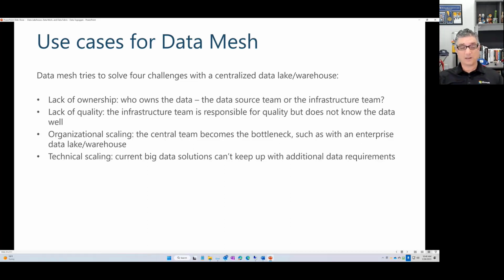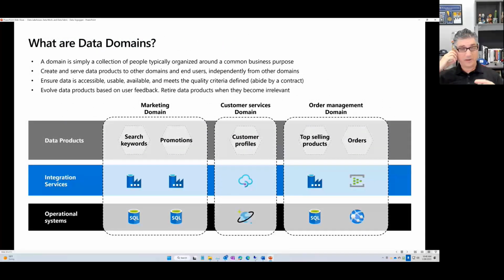The same thing with technical. Instead of having IT have their own technology and everything goes into that one technology, now each of the domains have their own technology. And so more domains, more technology, more storage, more compute on there. So we're solving that problem of technical scaling, at least in theory. And data domains, you hear the 3 Ds, data domain design, and this is really complex. It takes a long time to come up with the way your organization should be broken out by domains. And I've seen companies spend a year, sometimes more, to come up with these data domains, which is a problem on there. But you have to do this in order to create a data mesh,